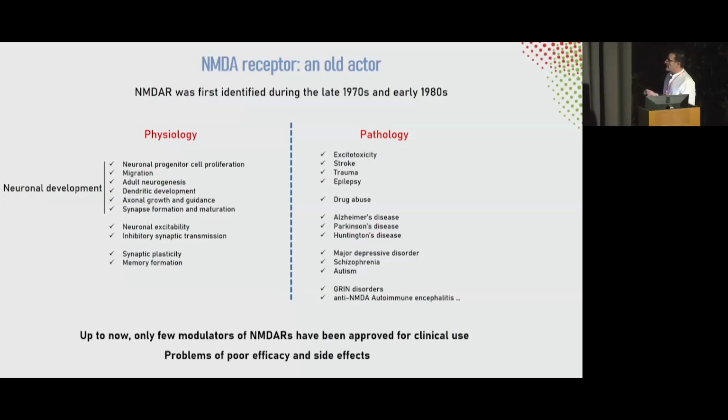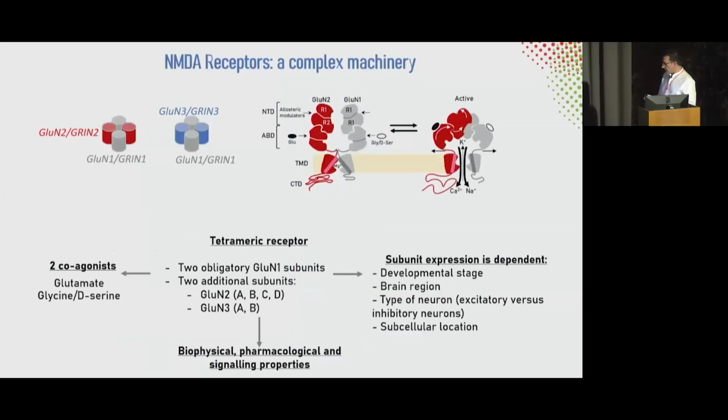Despite this knowledge, the pharmacological and therapeutic strategies are really complex, probably because the molecules produced have poor efficacy and side effects that are not compatible with the pathological treatment. To understand why there are issues, and why it is so hard to find the good pharmacological approach,